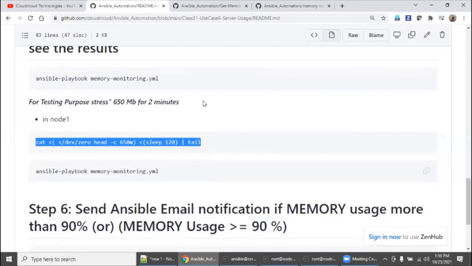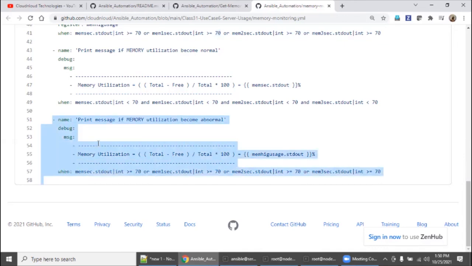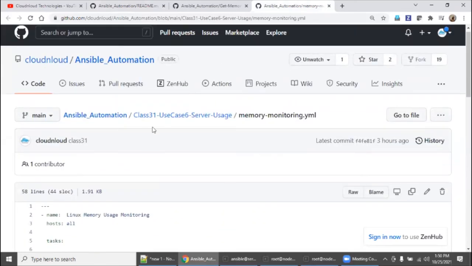You can even add this on top of this playbook. After this, you can create one more play that whenever you get any abnormal or normal, send the results. That also is possible, right? So you can further develop. I would prefer you develop this and create it as a role, right?